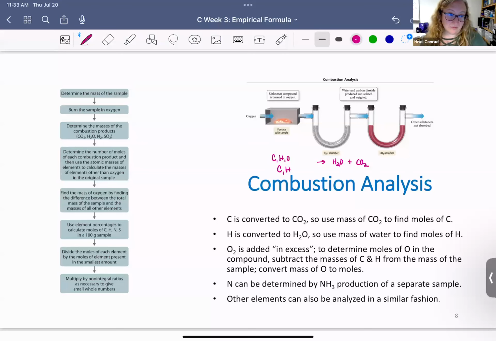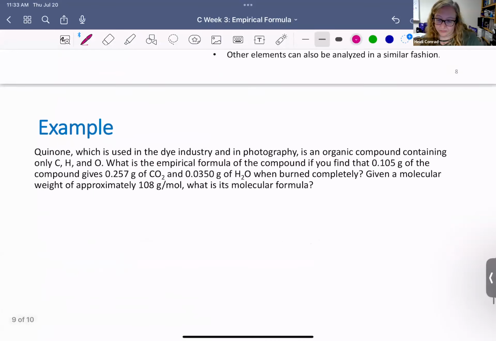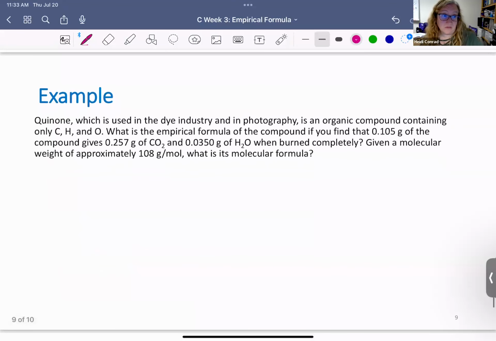I don't write her quizzes and her exams, but if you look at my old quizzes and exams, I like combustion analysis. The students know it, so they just kind of remember how to do the process. But again, I know Dr. Fry has more students this year than I do. She has both sections. I only have one section this year. Normally it's switched. So you may have her instead. And I don't know if she cares or not, but I want my students to know how to do combustion